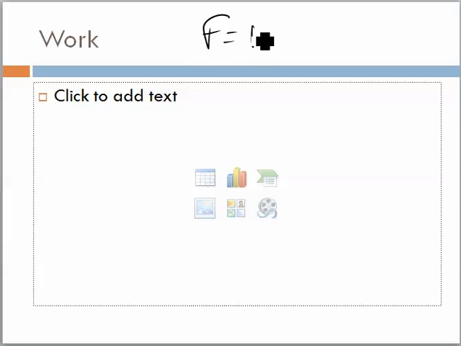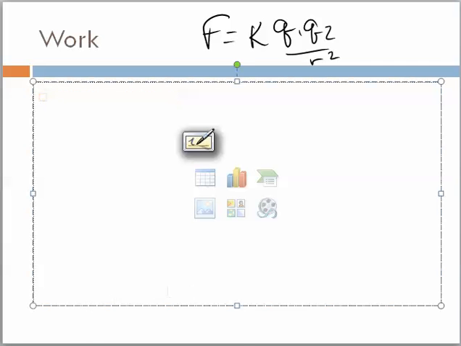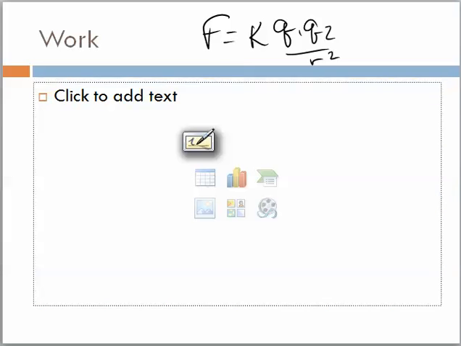Force equals K times Q1 Q2 over the radius squared. It just dawned on me that up until this point, we have yet to give you what K is, what Coulomb's constant is. And what we find out here is Coulomb's constant, K,